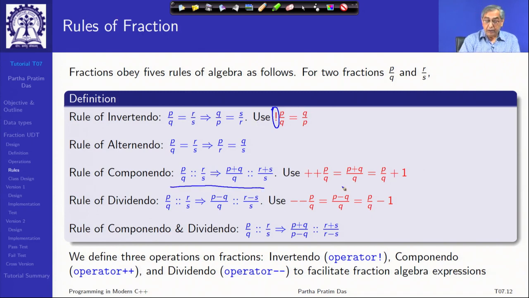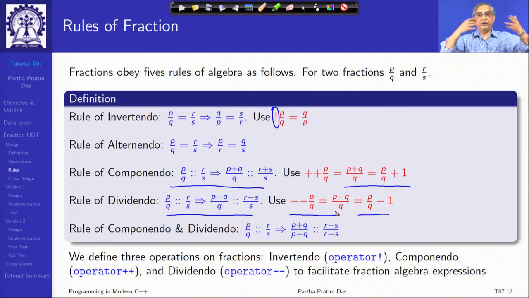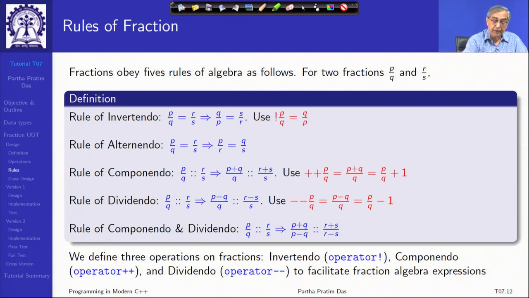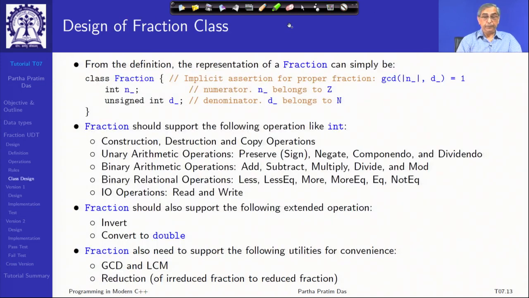Componendo is adding 1 to a fraction, which is basically a prefix or postfix increment operator. Dividendo is subtracting 1, so it is a prefix or postfix subtraction operation. Right. So, these very naturally map onto the different operators that we have in our integer domain. So, with that, if we now talk about the design of the fraction class, then certainly there will